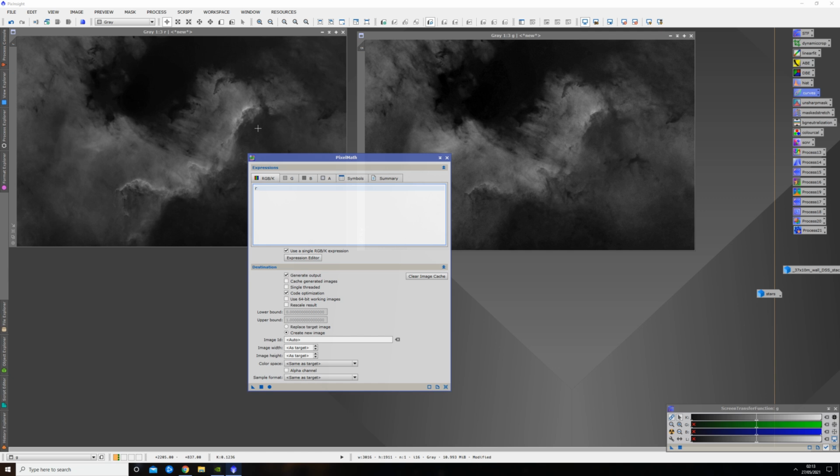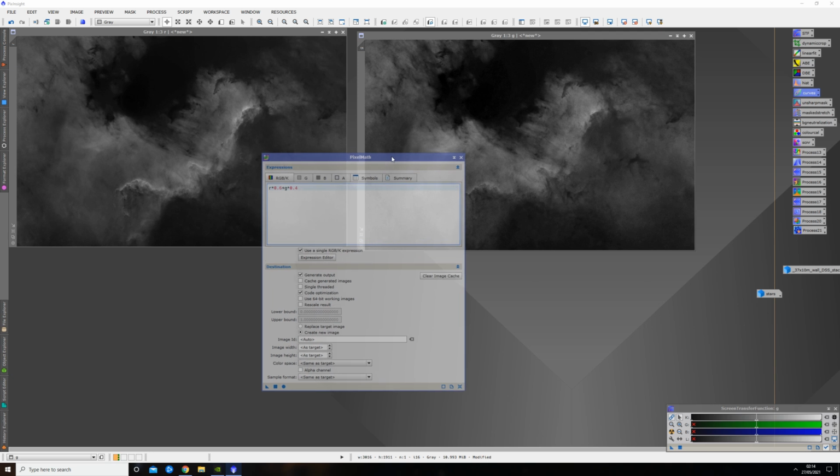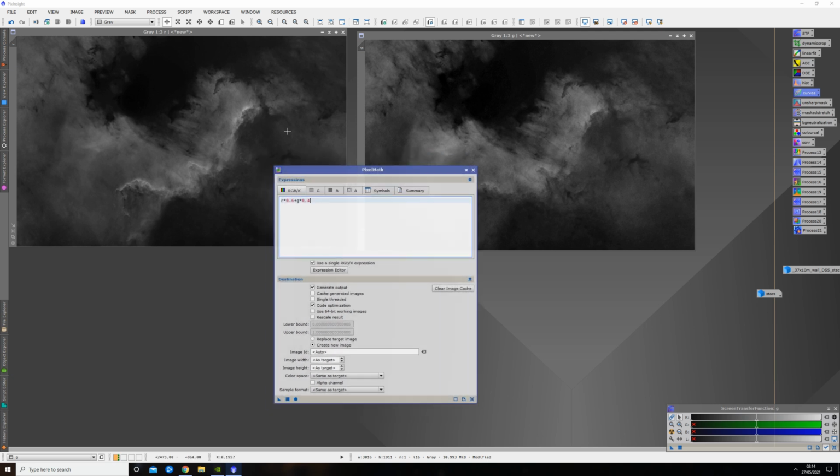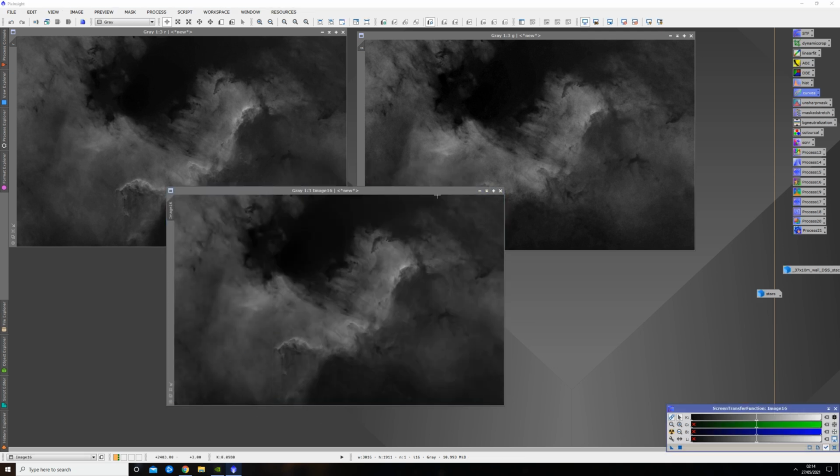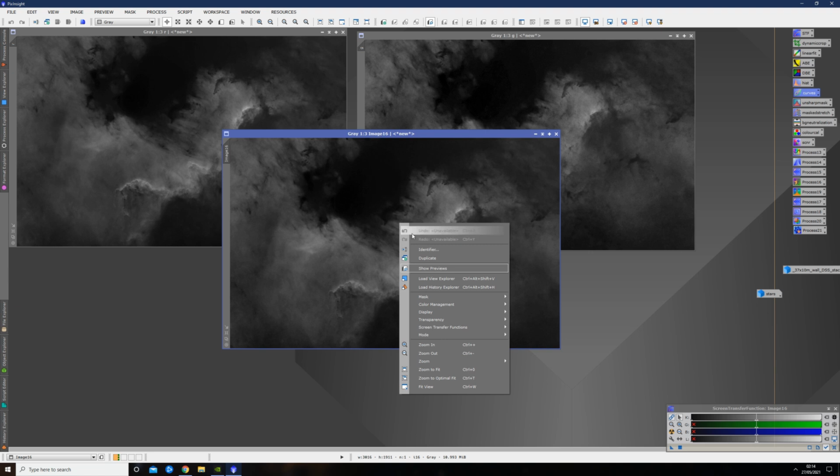So it's going to be R to tell it we're going to use this channel, times 0.6, so we're going to get 60% of this red channel, plus the green channel, so that's G, times 0.4. So we're going to use 40% of the green, 60% of the red, adds up to 100% total, you know. So we're not going to get any bonus brightness on the image. We want it to actually match the same brightness as these two, basically, and this will do that if I just hit apply. So now we've got this third channel, image 16 it's called right now, but I'm going to